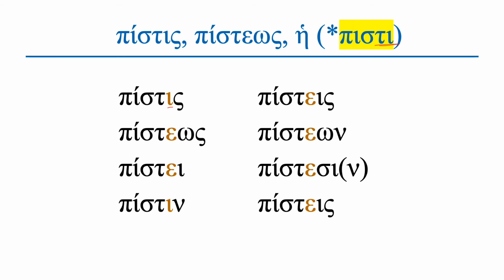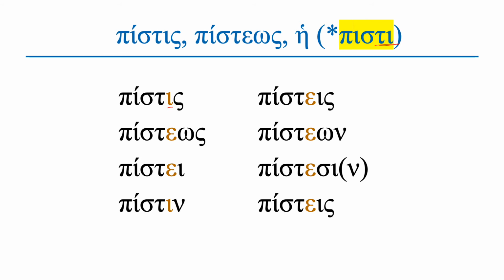Here is one that we call pistis, faith. Pistis means faith, is feminine, but the stem is pisti. What is going on here is the stem of pistis ends in an iota, and that iota is a consonantal iota, an iota that functions almost like a consonant. The history is complicated, so don't worry yourself too much about that. Just be able to recognize the forms of pistis.